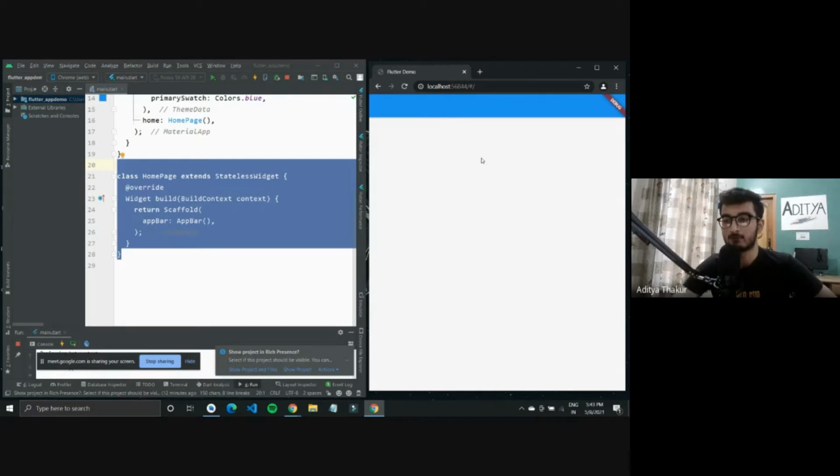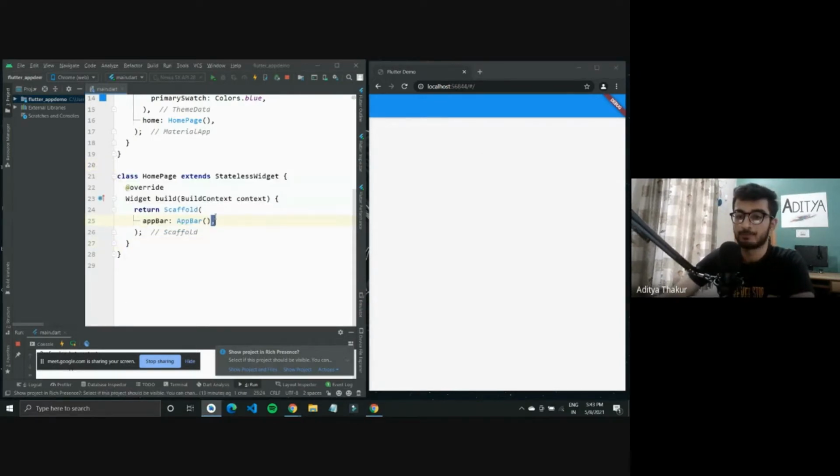If you have a mobile phone connected, you can see the changes on your mobile phone right then and there. So this is a big advantage. You are writing code and you can quickly see the changes that are happening. So I just add in an app bar.